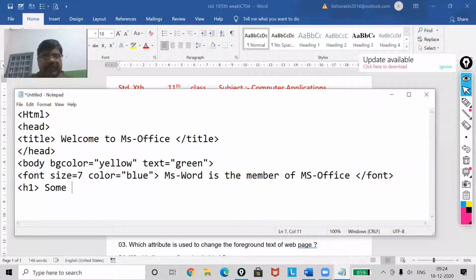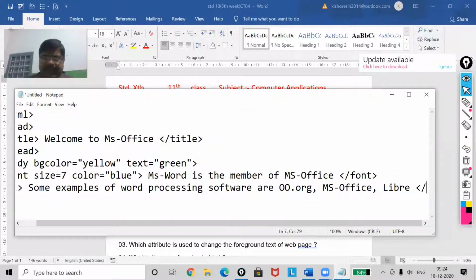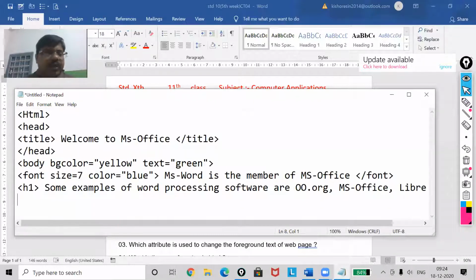Now some examples of word processing software are OpenOffice.org, MS Office, LibreOffice, and then /H1.